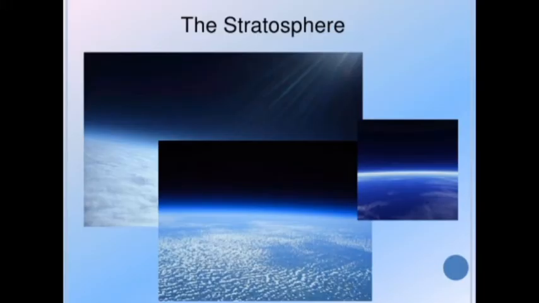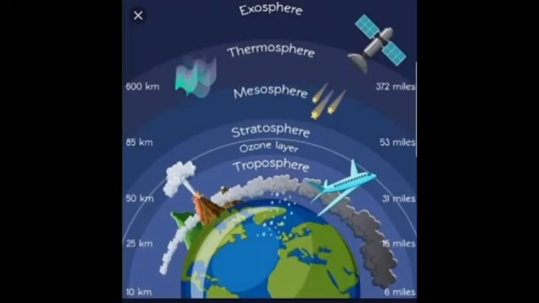Children, now we are going to learn about the second layer, that is called the stratosphere, which is above the troposphere. This layer extends up to a height of about 50 kilometers from the mean sea level, children. So please observe the picture so that you can clearly understand that it extends from about 50 kilometers from the